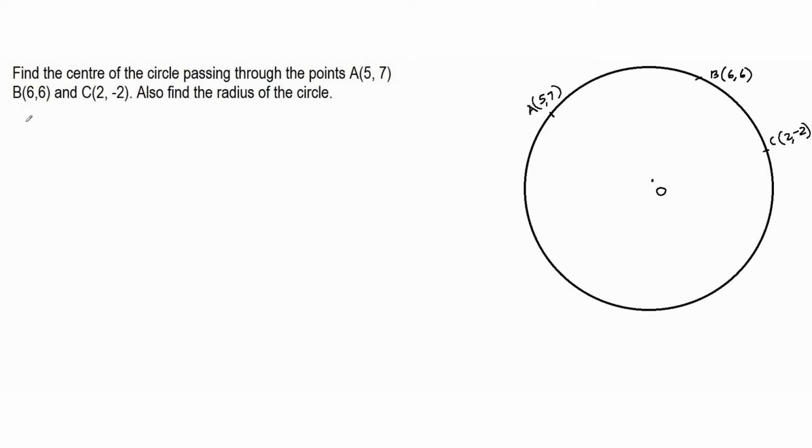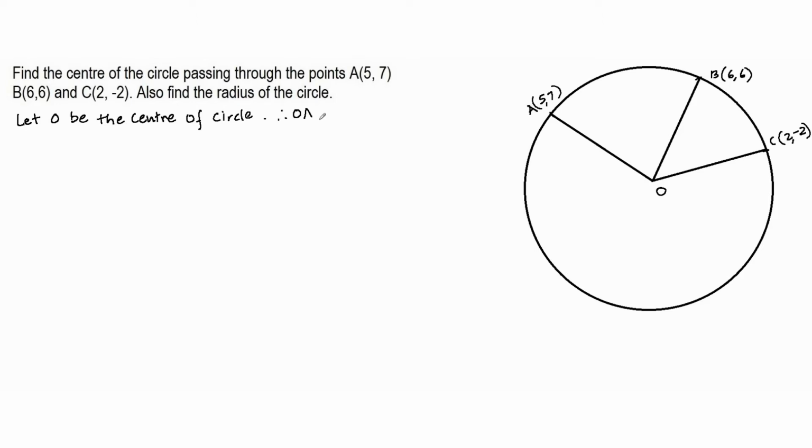So I will say let O be the center of the circle. And I know that these 3 points A, B and C lie on the circumference of the circle. That means OA, OB and OC all form the radius of the circle, right? So therefore, I can say that OA, OB and OC all form the radii of the circle,